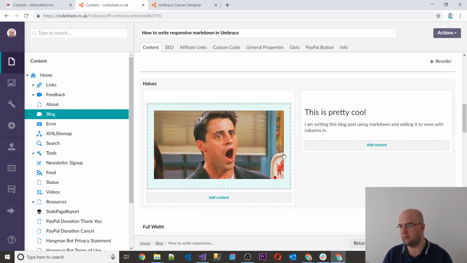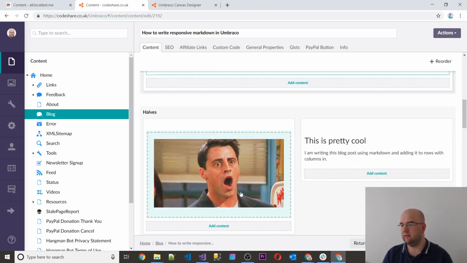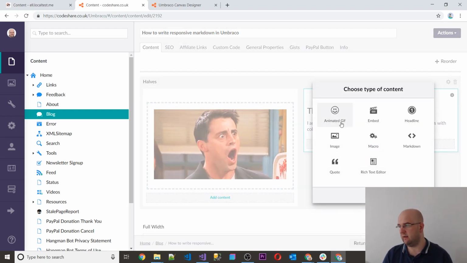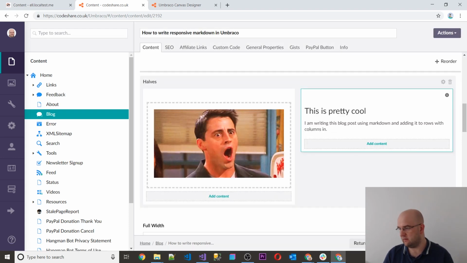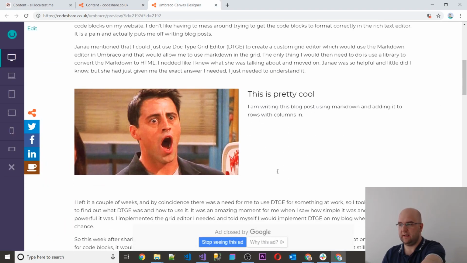So if we look at this post, we've got rows of content. So this is written in Markdown. This is another row with two columns. That's Markdown, that's an image. I could still add content as anything else of the other types that I've allowed, rich text again if I wanted to. And then I carry on writing underneath it with Markdown. So this video is going to show you how I got that set up on my website, so that I'm writing Markdown and it's